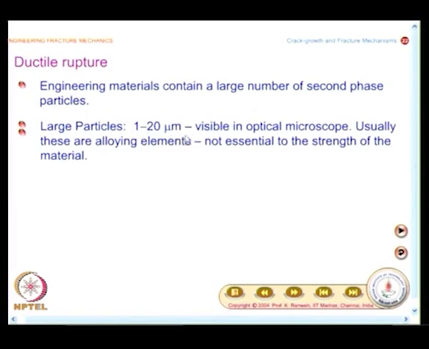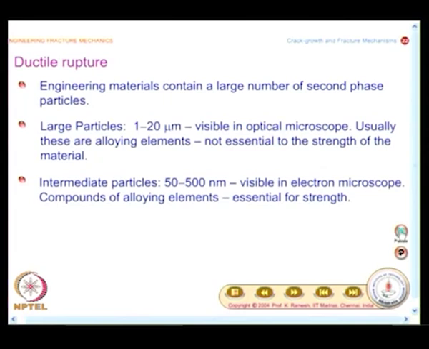When I say large particles, they are visible in optical microscope. And what are they? They are usually alloying elements, not essential to the strength of the material, but they are present, it is unavoidable. Then you have intermediate particles, the size range is 50 to 500 nanometers. They are visible in electron microscope. The large particles are visible in optical microscope, the intermediate particles are visible only in an electron microscope,